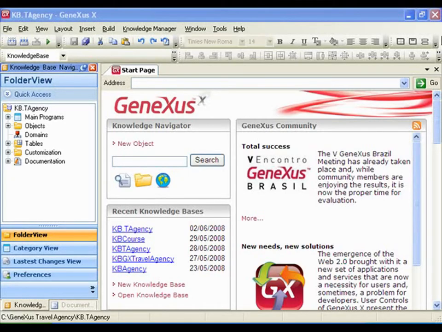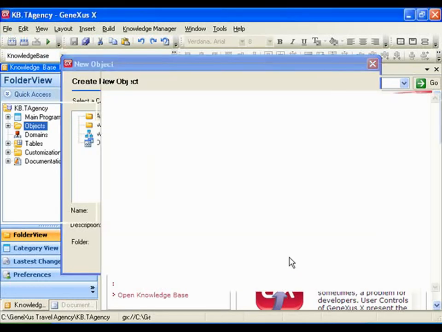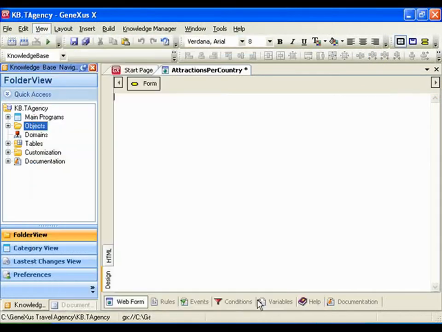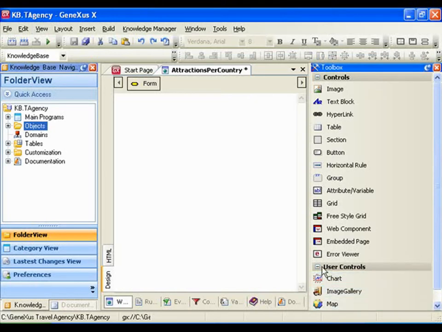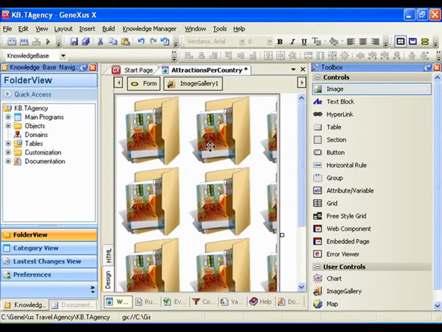So we'll create a web panel and insert a user control into its form. We'll call it Attractions per Country. And we'll display the toolbox, and over here we find the user controls. We'll be using the image gallery, so we'll drag it onto our form. We close the toolbox,